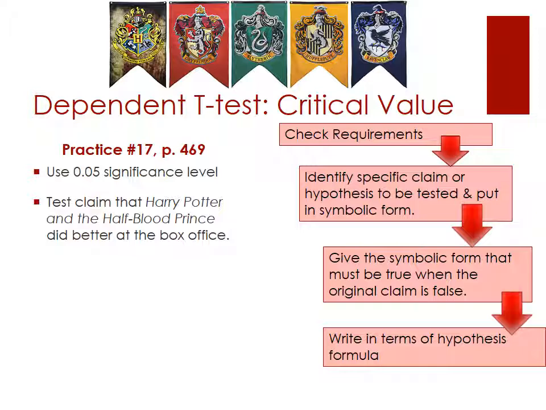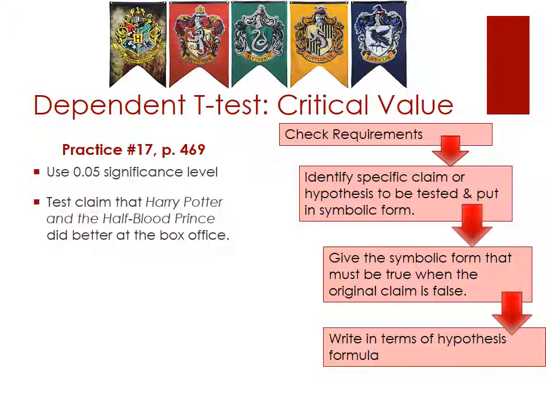So the problem we're going to work with here is practice problem number 17. It's on page 469 in your book. And here we're going to be working with some data regarding the box office success of two different Harry Potter movies. We're told to use a significance level of 0.05, and we're testing the claim